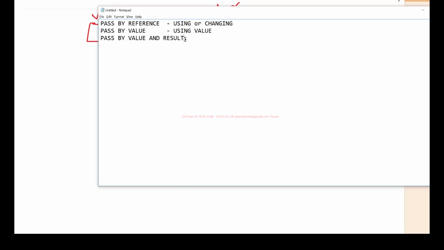So the syntax for value and result is, if I say changing value, then the parameters will be passed by value and result. So it works like value, but the difference is that in value the original is never changed, whereas in value and result the original is changed after the endform is executed. Before the endform is executed, I can check for my conditions and accordingly decide whether to change the original or not. And we'll see that.